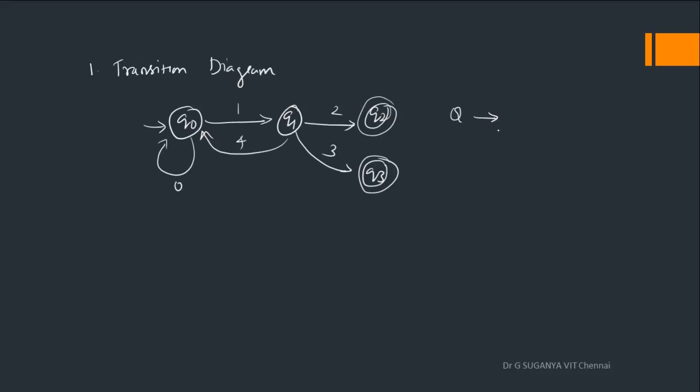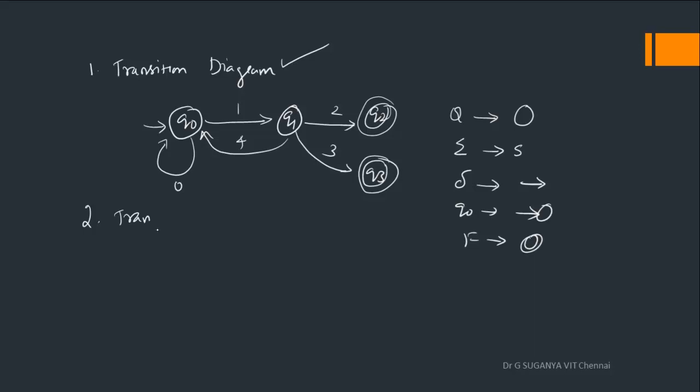Finite automata can be represented formally using two methods. The first one we call the transition diagram, where Q will be represented in the form of circles, sigma will be represented in the form of symbols, delta will be represented in the form of edges, and then Q0 will be represented by an inward arrow, and the final state will be represented by a double circle. That is the visual representation, the transition diagram. This may be useful for humans where visual representation will have a very big impact, but while going for implementation this is not at all enough.